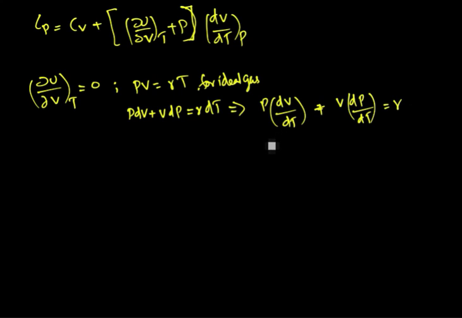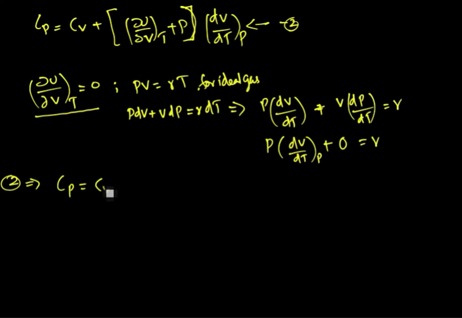Now if we make pressure constant, then this equation becomes P into dV by dT at constant pressure plus V into dP by dT at constant pressure, which is 0, is equal to R. So if we make these two substitutions, ∂U/∂V at constant T is equal to 0 and P into dV by dT at constant pressure is equal to small r, then this equation, let it be equation number 2, becomes